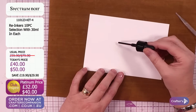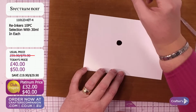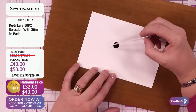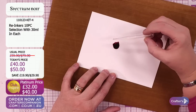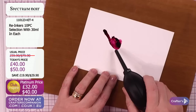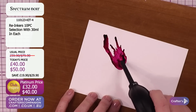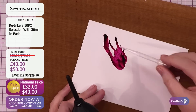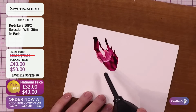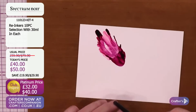So I'm going to start in the centre of my card and just pop a couple of these down, and you can see how it's just sat on the surface there. And then I'm going to add, just at the side of it, a little bit, and you can see it moving already. And then I just want to blow this out to create, and what I'm after is like a petal type of shape. So if it's not gone far enough, wherever you want it to go, it will follow that neat alcohol. So again, I'm just going to push it so far, like so,